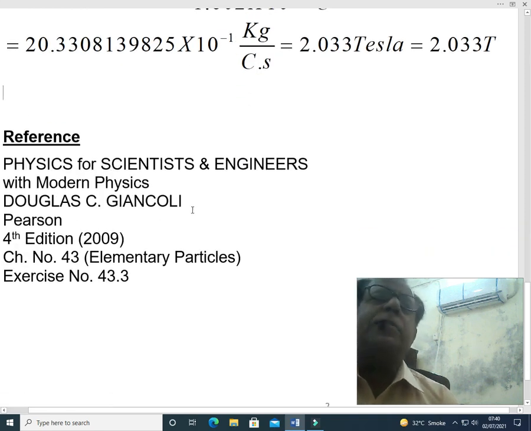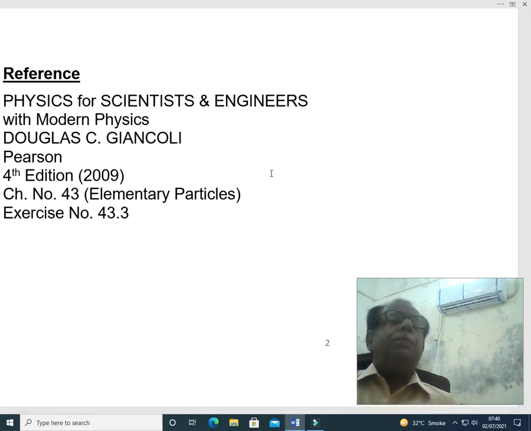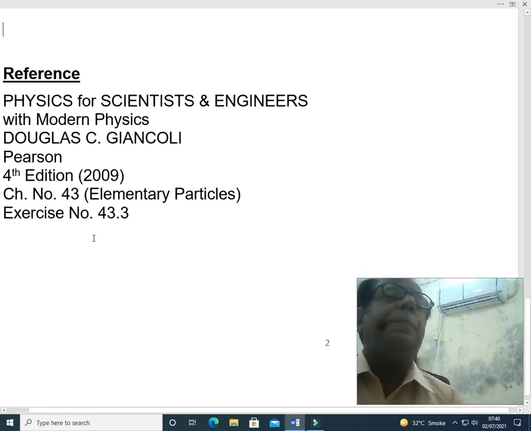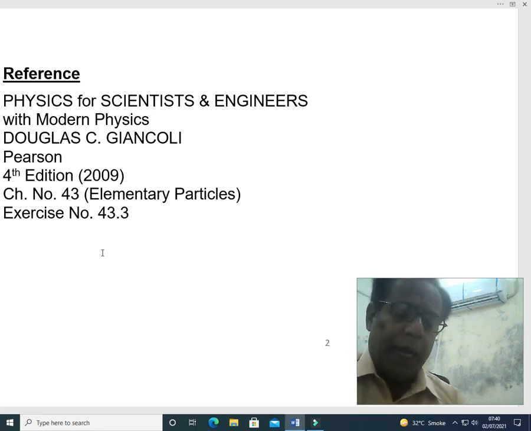However, now we come towards the reference from where we have chosen this problem. This problem has been chosen from the book Physics for Scientists and Engineers with Modern Physics. The author is Douglas C. Giancoli. The publisher is Pearson. Its 4th edition, 2009, has been adopted, and its chapter number 43, Elementary Particles, is our concerned chapter. This problem has been enumerated as exercise number 43.3 of this book, and this is the end of our